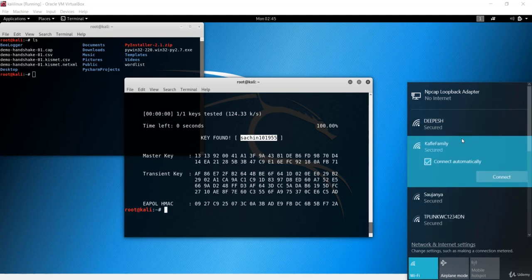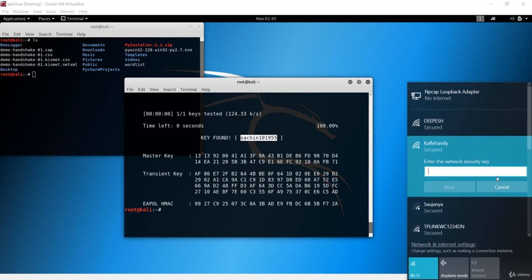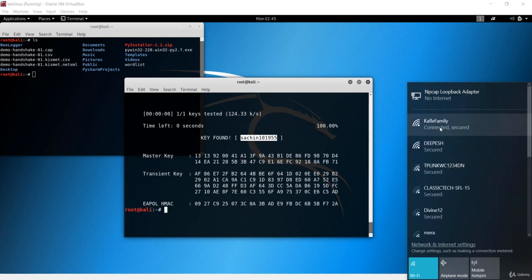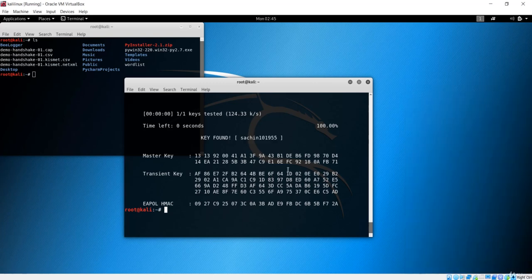It is Sachin101955, and let's see if this connects or not. I'll say yes, and it has been connected. That means we have successfully found the key of that WPA against this word list.